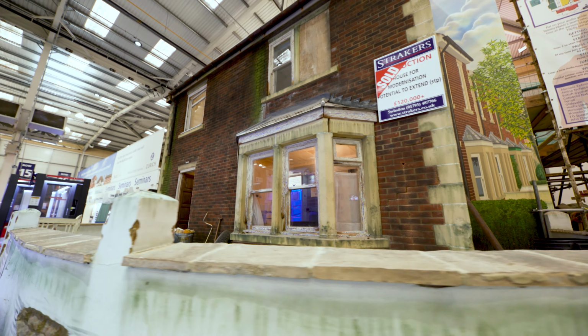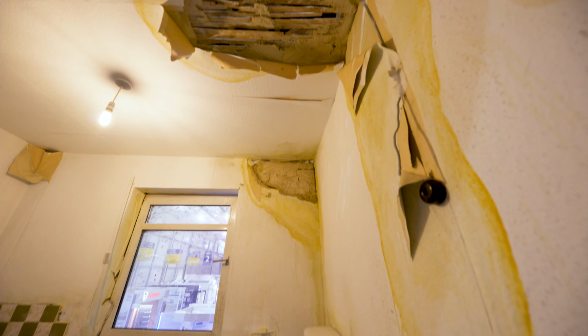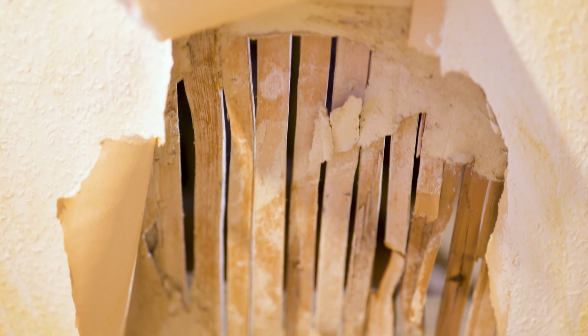Here we have our renovation house. This is an example of our 1920s Victorian-style terrace house with everything going wrong. Here we show you how we go from this to when we come out the other side and the house is completely renovated and looking fabulous. Typically these houses are attractive to potential buyers because they're very cheap. With a little bit of knowledge and a little bit of money, houses like this can turn into something really